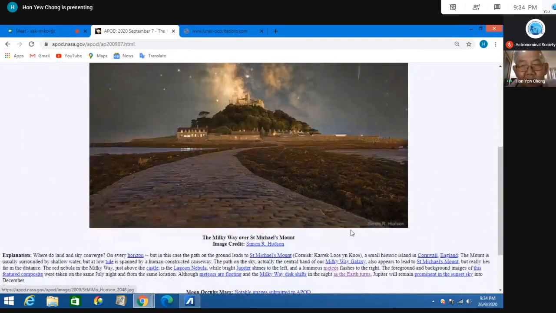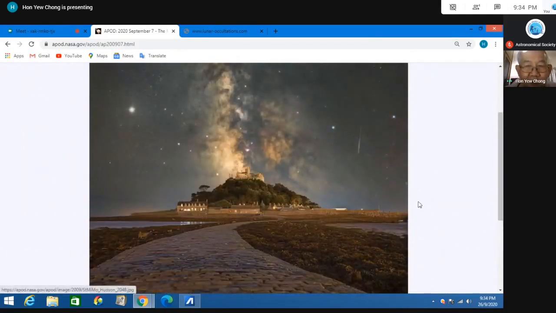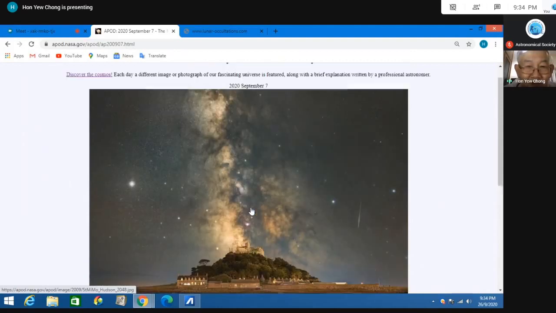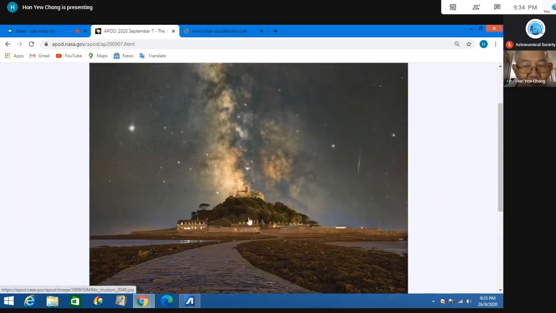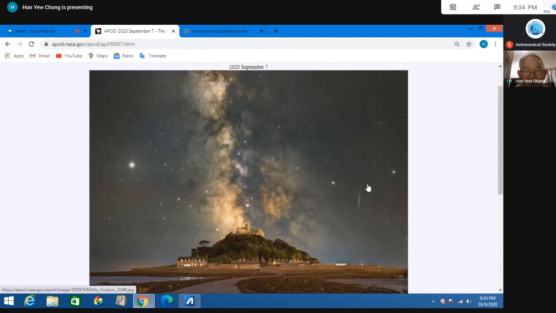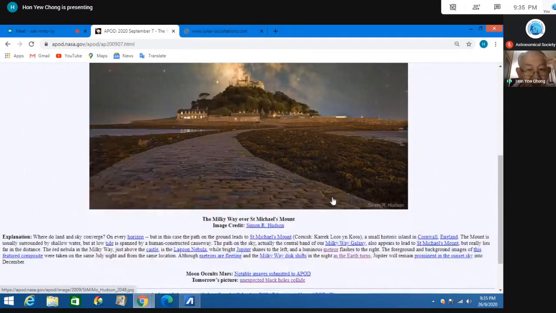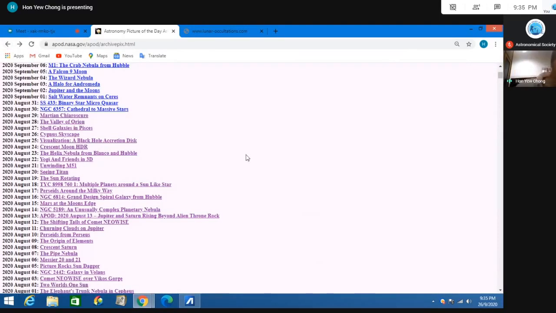So our Simon R. Hudson, astrophotographer from the UK, who works with the BBC also, took a picture of the Milky Way setting over St. Michael's Mount. So nice. And on the right, you see a meteor trail. And on the left, you see Jupiter. And of course, many stars. And you see the Milky Way. Very nice. All right. So this is our Milky Way over St. Michael's Mount in England. So the next one will be